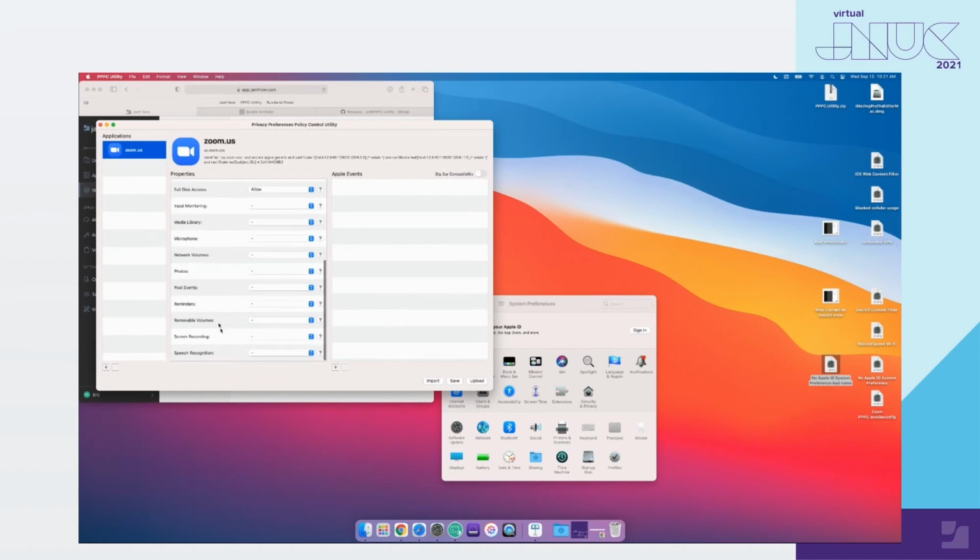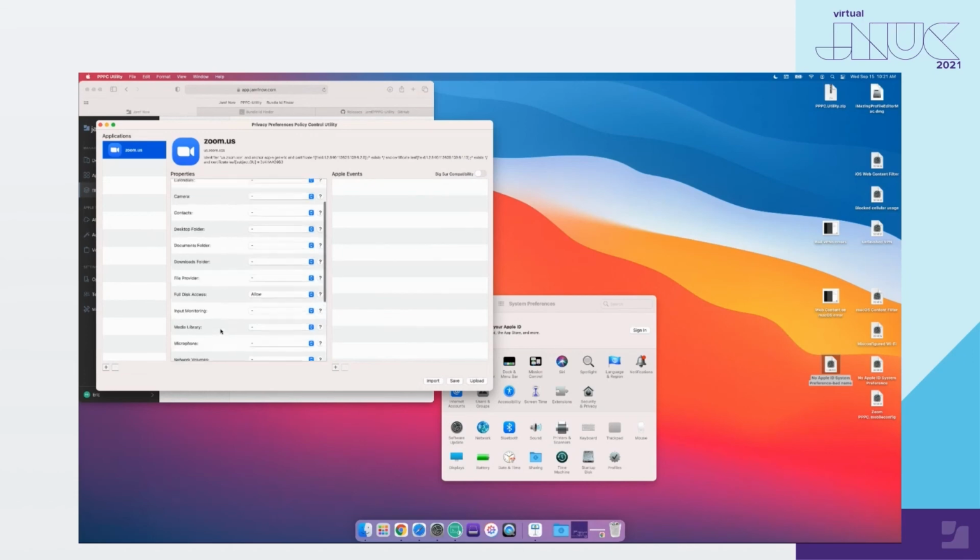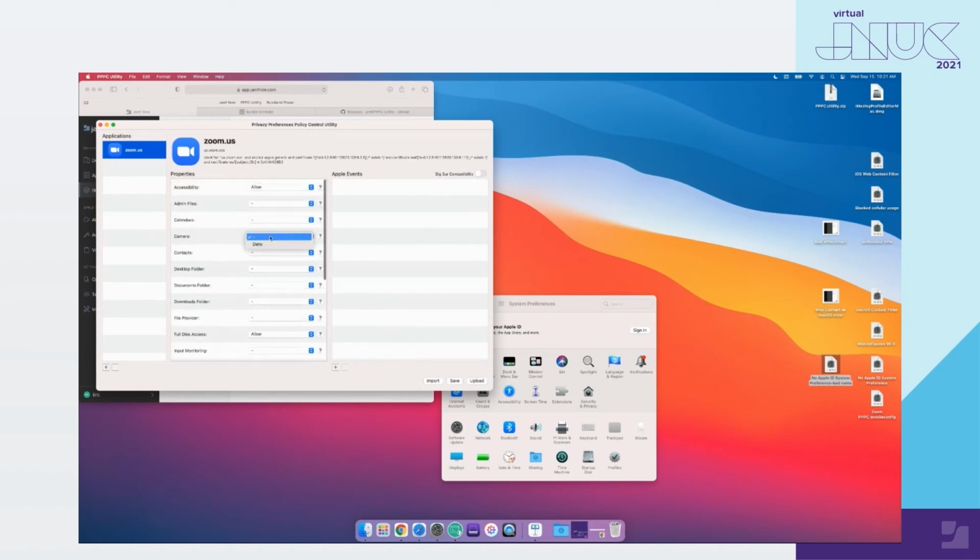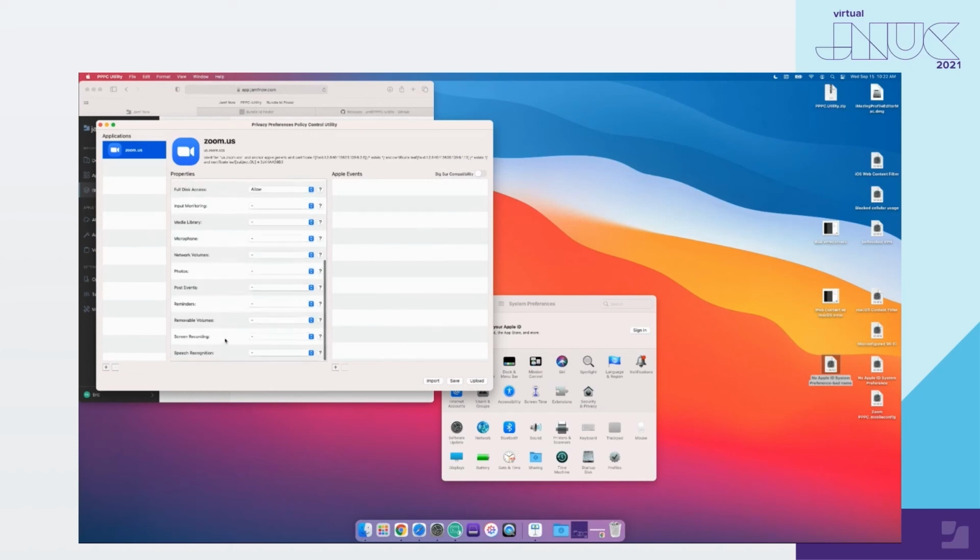Here's a useful tip regarding screen recording apps like Zoom. Things like camera, I can't allow. Microphone, I can't allow that. Apple requires the user to approve those. However, for screen recording,